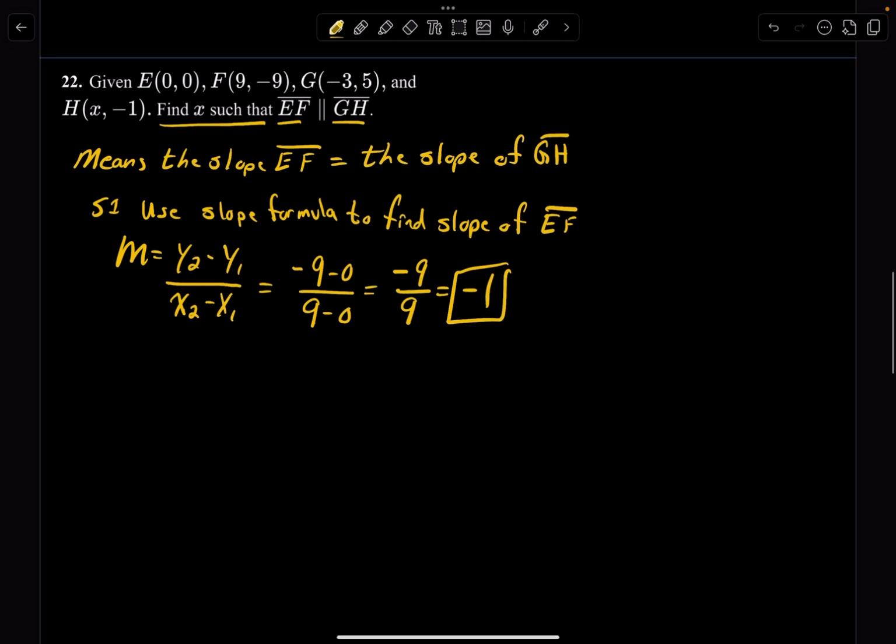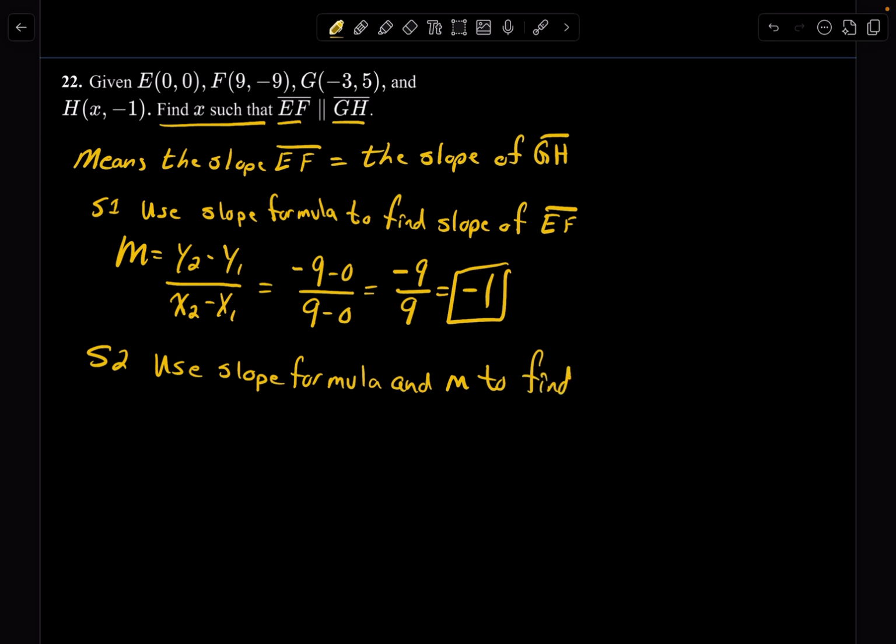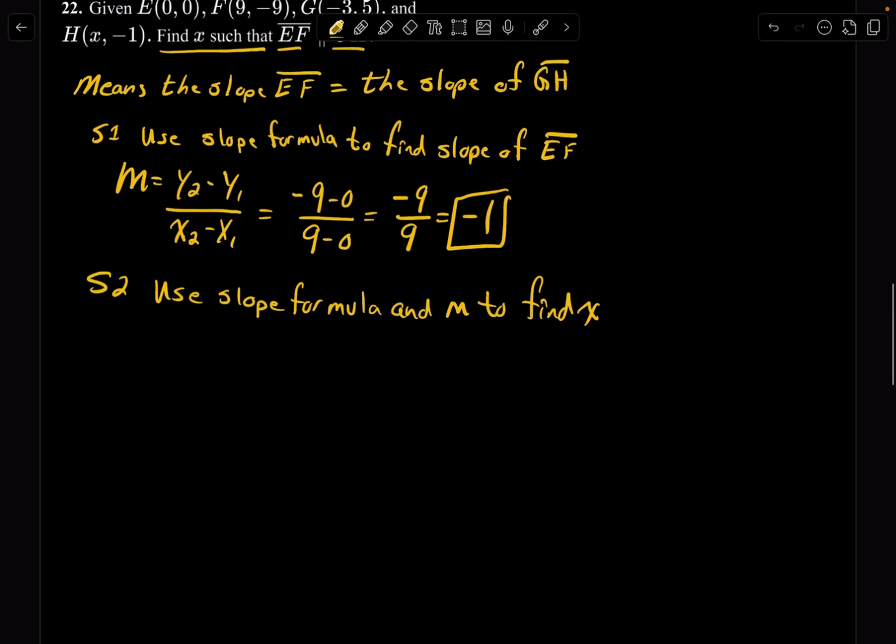So we're going to, step 2, use slope formula again. And we're going to use our M that we just found to find X. So here we go. M equals Y2 minus Y1 over X2 minus X1. So we're going to plug that in. We have negative 1 equals